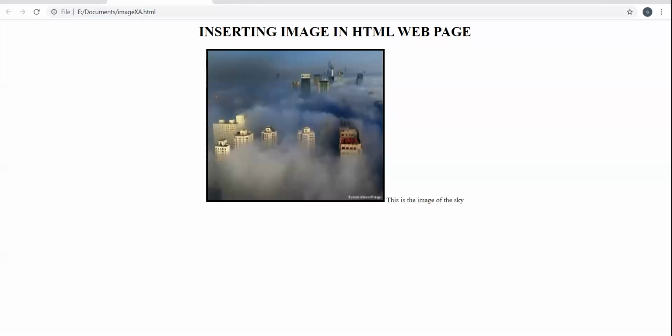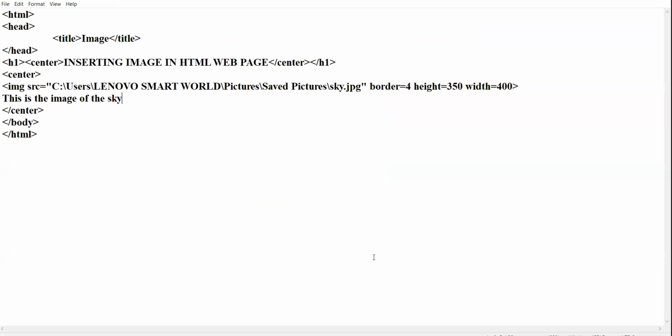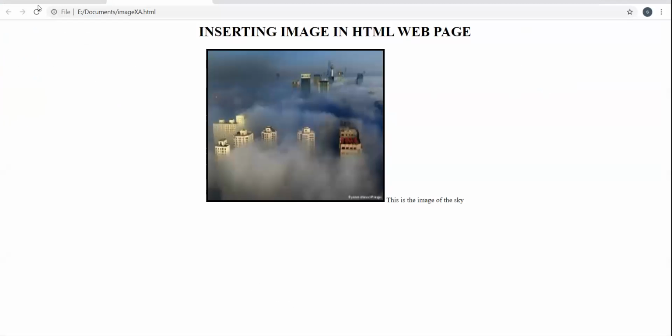Now, if you want to change the alignment of the text, what can you do? Align equal to top. When you give the value top, the text will appear at the top of the image. See, have you noticed, all of you?